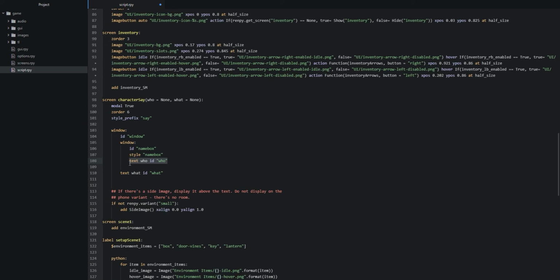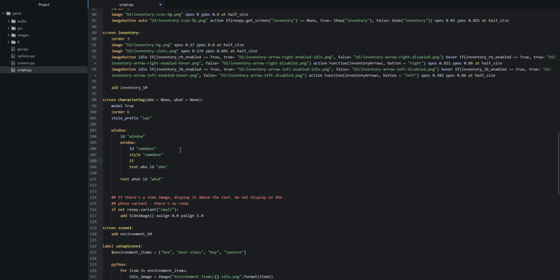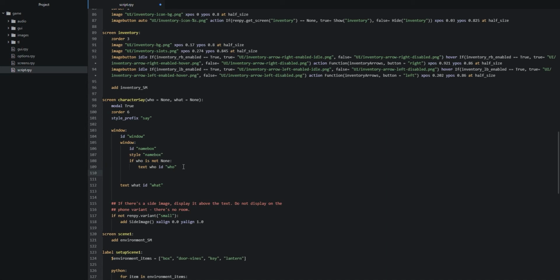But if it is None, then that means that we've added the character's name into the dialog dictionary, and so we want to grab the character's name from that instead. So we're going to say if who is not None, like so, and then we're going to indent this piece of text, like so, and then after that we're going to say else